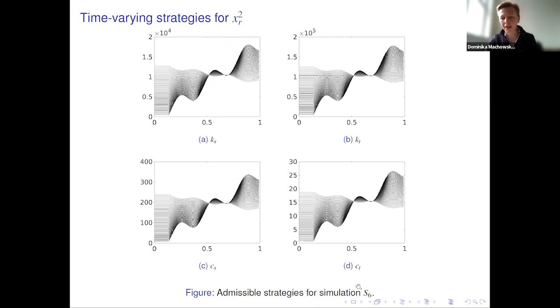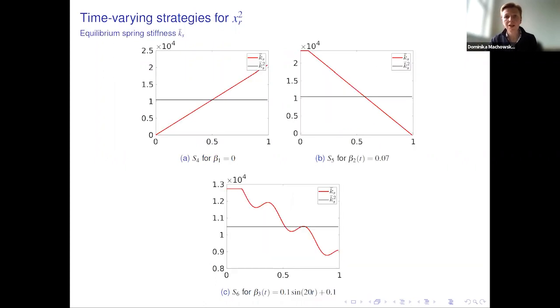Here we again compare 3 simulations. All of them are for the road 2, the road with some peaks, and there are differences between delays. First we have without any delays, simulation number 5 is with constant delay, and simulation number 6 with time varying delays. And for these admissible strategies, we get the following Nash equilibrium. This is an example for KS. Similar we have for other controls, for the strategies.